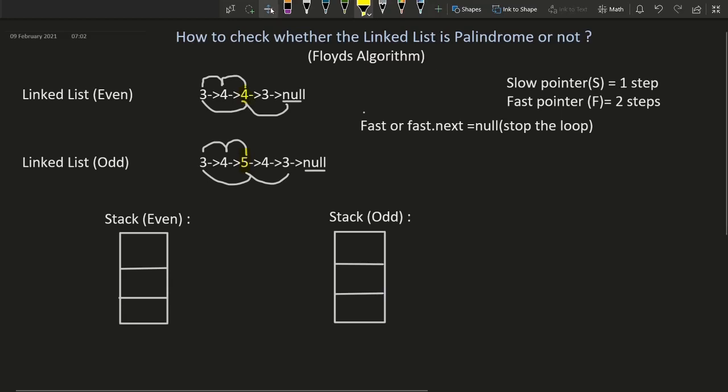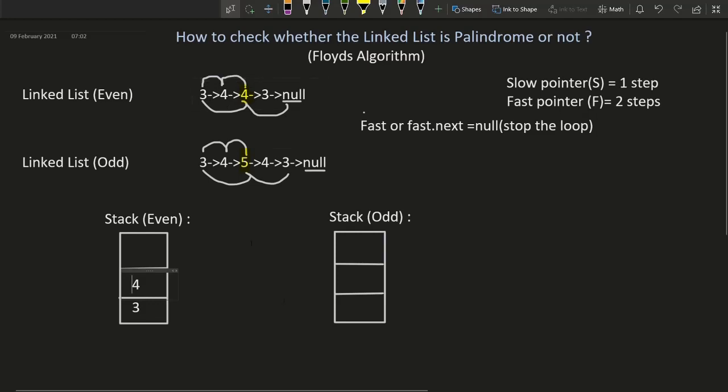What I am going to do here is add all the elements up to the midpoint to the stack. In the case of the first linked list, I am going to add 3 first, and then I'm going to add 4. So before the midpoint, we have to add all the elements.